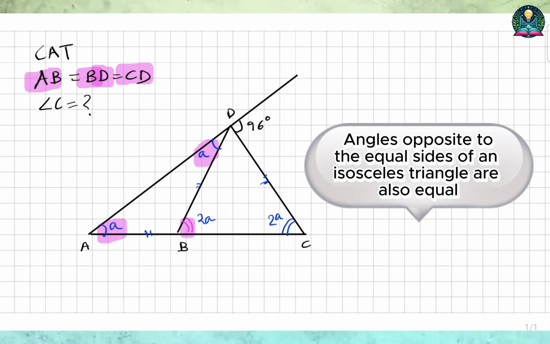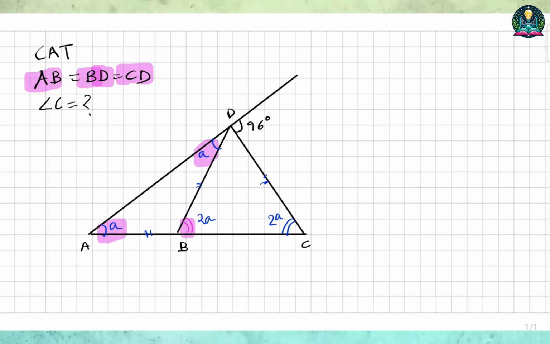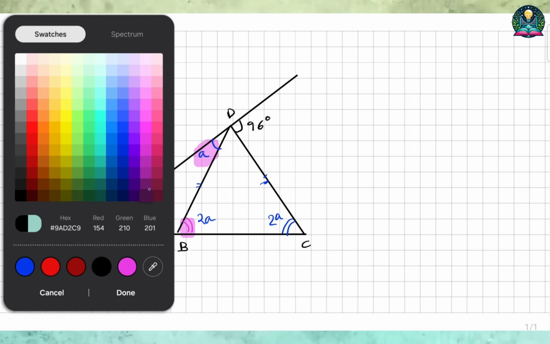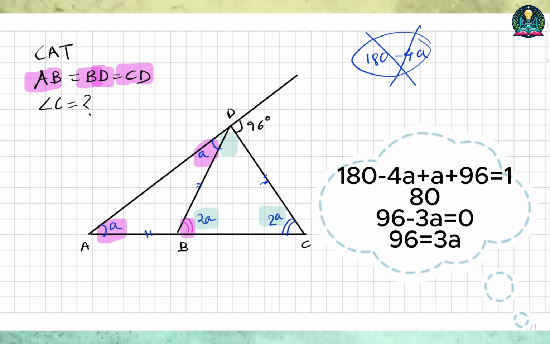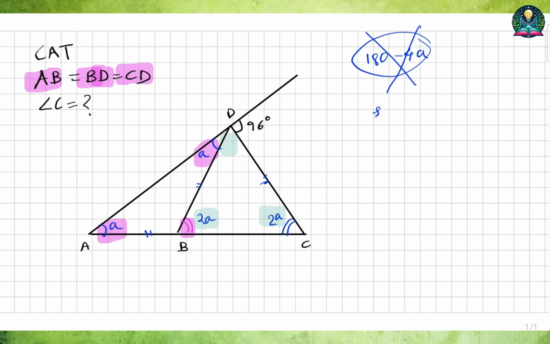And now, guys, this can be solved by basic trigonometry. That is, we know these two angles are 2A. We can mark this angle, angle BDC, as 180 minus 4A. But then it's a lot of writing, and even though there's nothing wrong with it, there is a shorter and easier method to solve this using